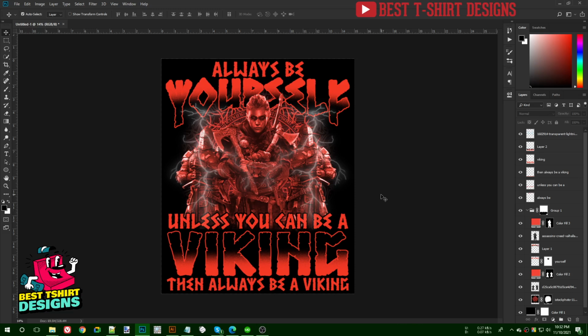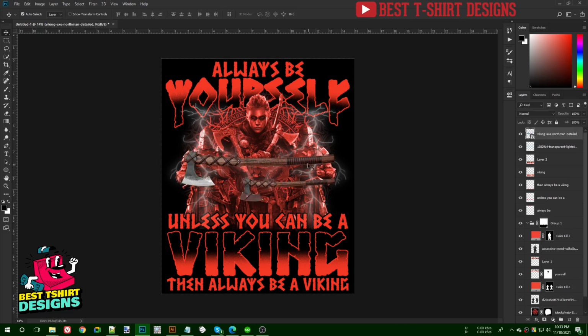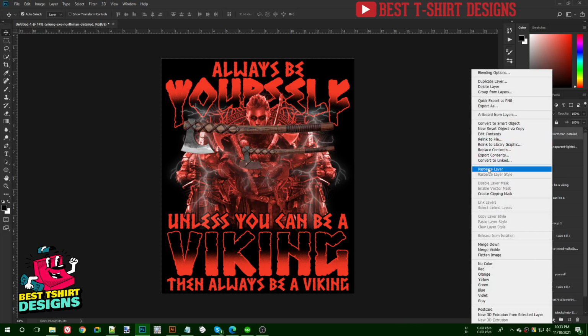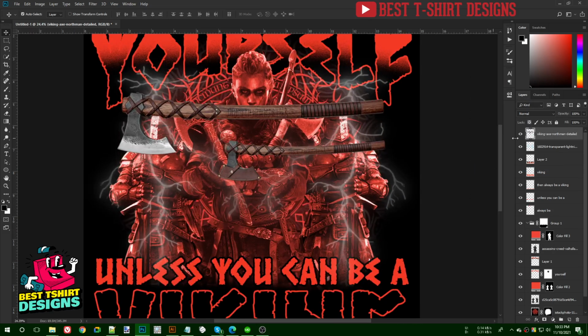We can do some other stuff too in this design, like making some other effects. Let me show you one more thing. This is a Viking axe that I downloaded from Google, and I'm going to use that. I'm going to rasterize the layer, and then I am deleting this part of the axe. I don't need that.